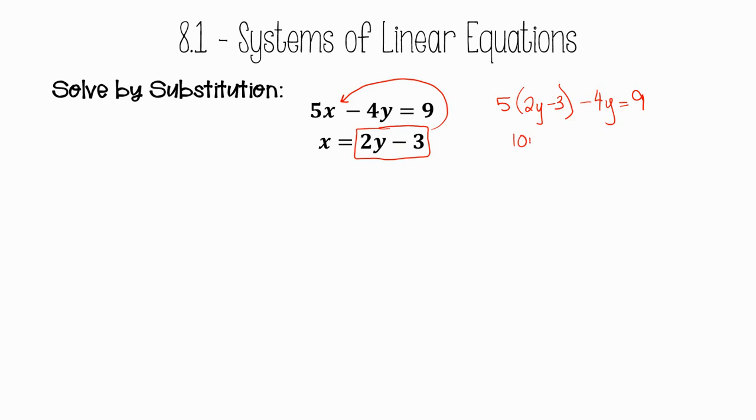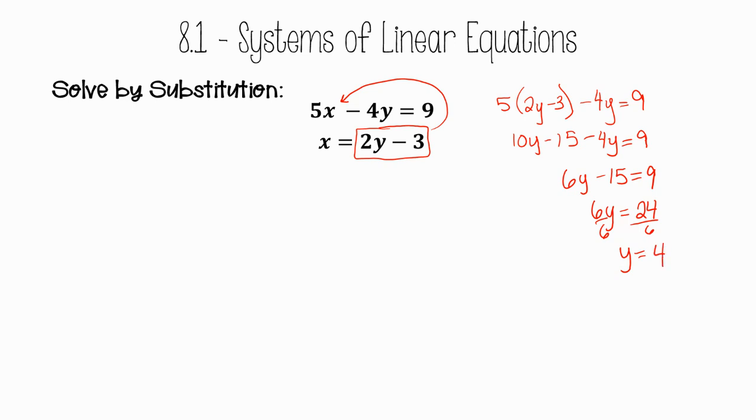I have 10y minus 15 minus 4y is 9. Combine like terms, and I get 6y minus 15 equals 9. Add your 15 over. When I add 15 to 9, I get 24. Divide by 6, and I get